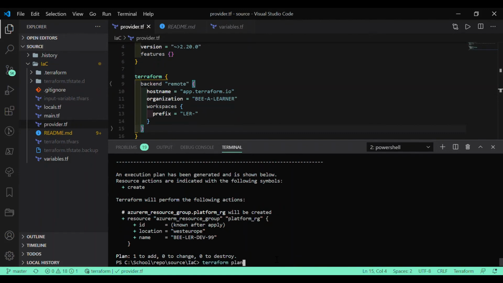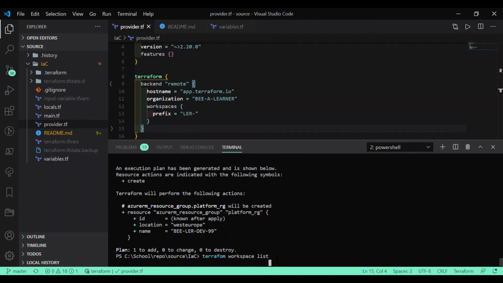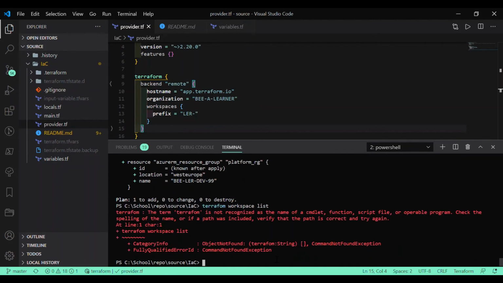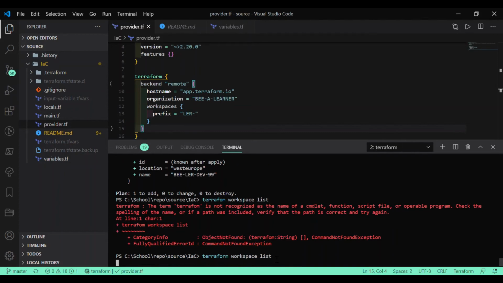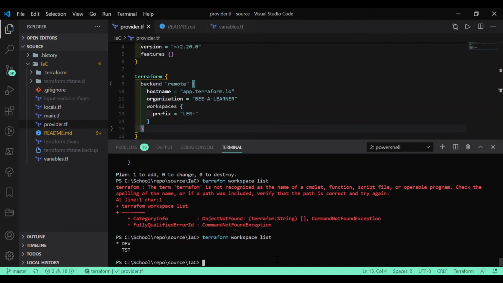Onto my workspace. Let me show you what workspace I am in right now. Terraform workspace list. So I'm in the dev workspace right now. Yep, you can see I'm on the dev workspace, and if I run the Terraform plan after the init command,